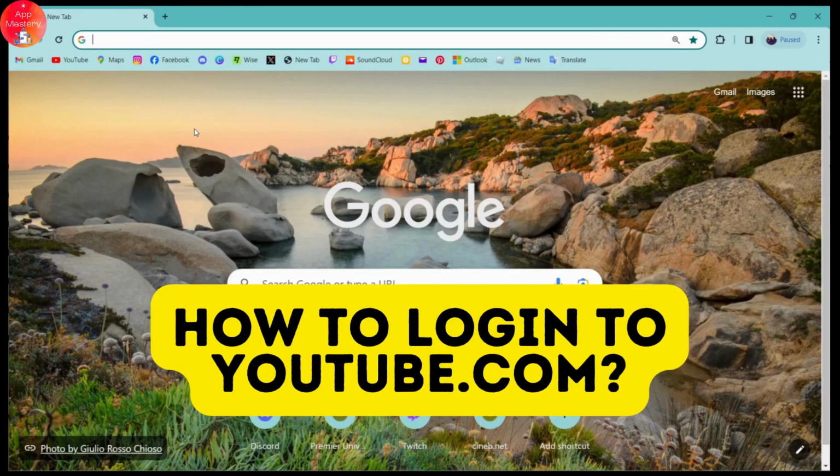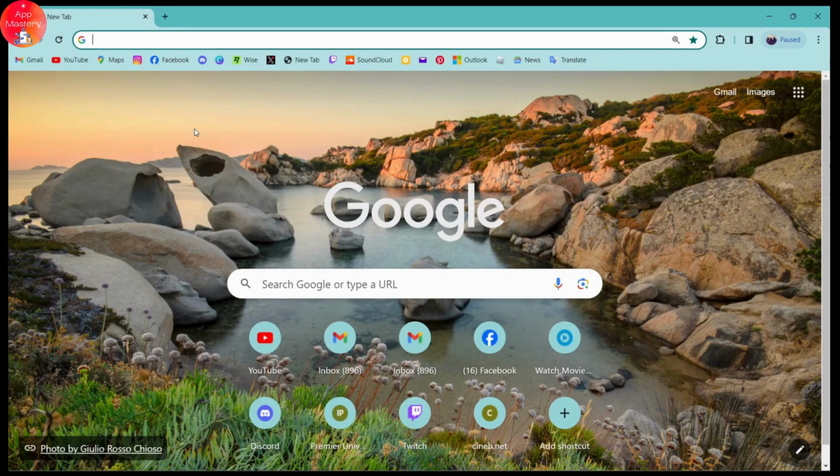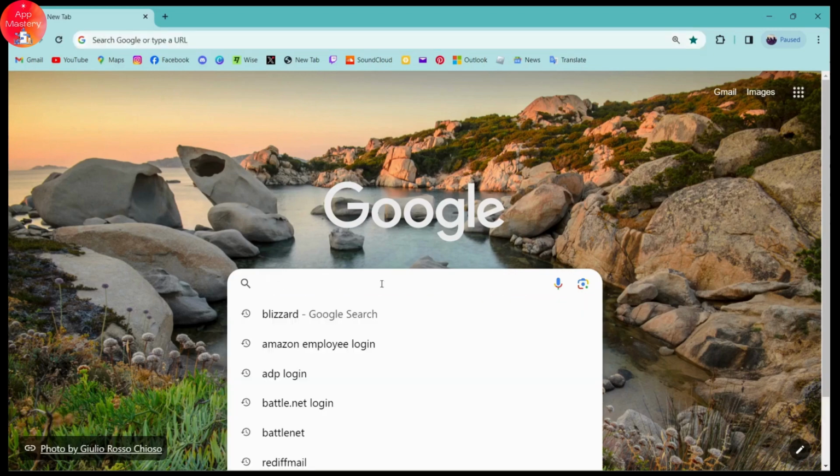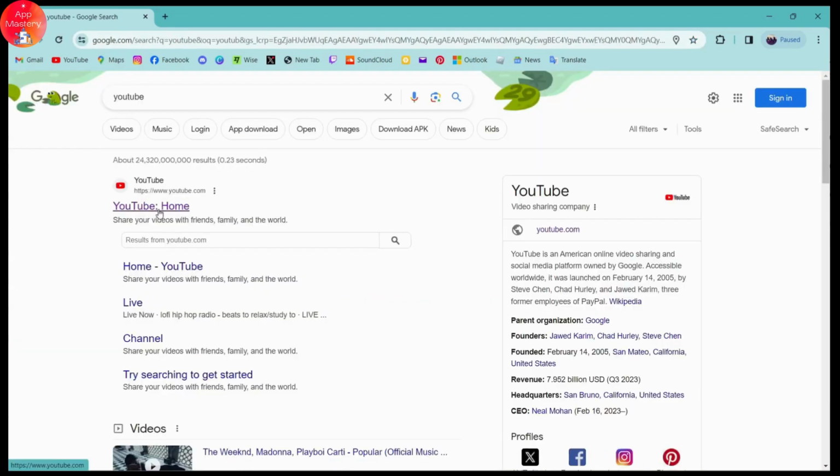How to log in to youtube.com. So if you want to log into your YouTube application or your YouTube on your desktop or PC, then first you need to simply open up a browser, any browser that you're comfortable with, and then go for the search bar and you can search for YouTube. Once you've searched, you can go for the first search, which is